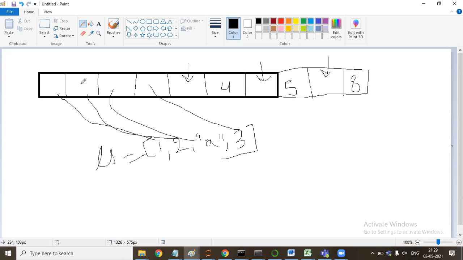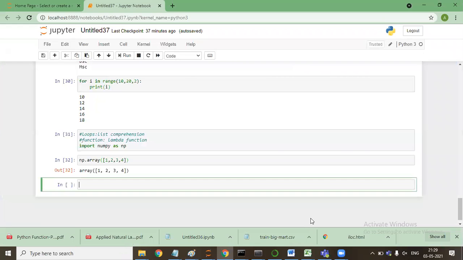Arrays are not stored sequentially. They are allocated based on the available space. So these arrays require less space as compared to lists. They are lightweight, comparatively light in weight.